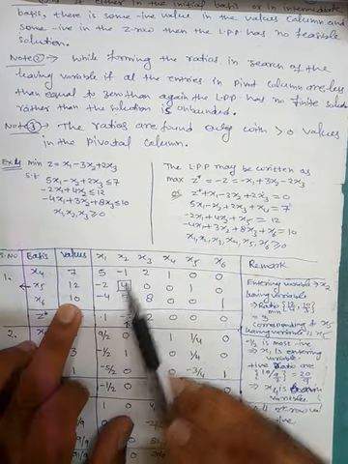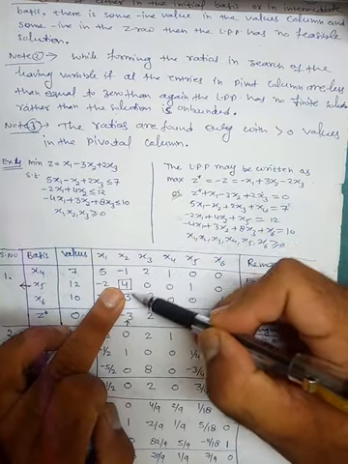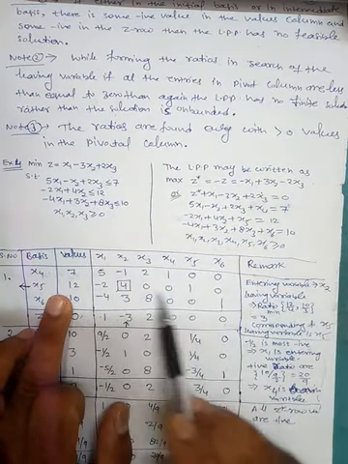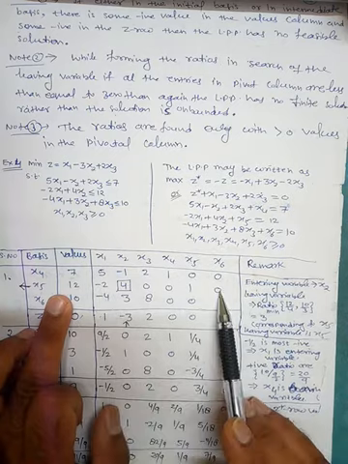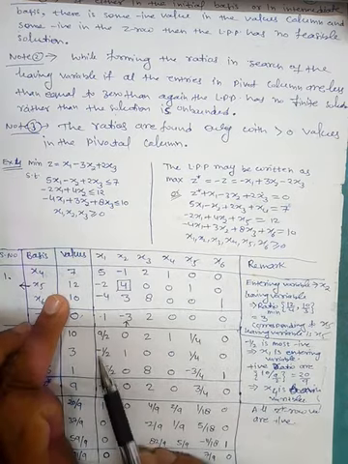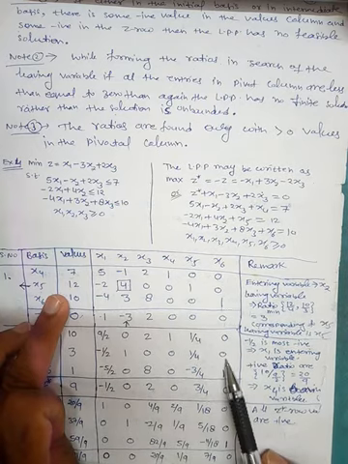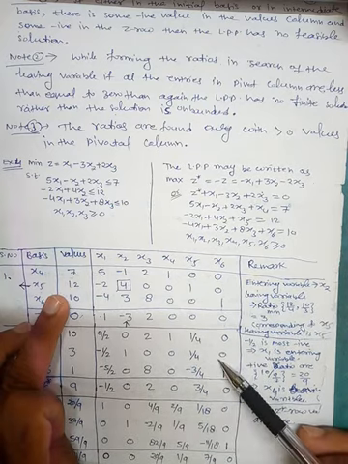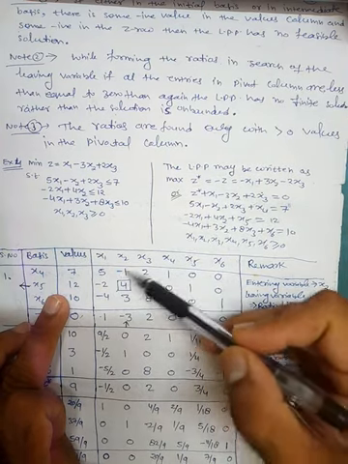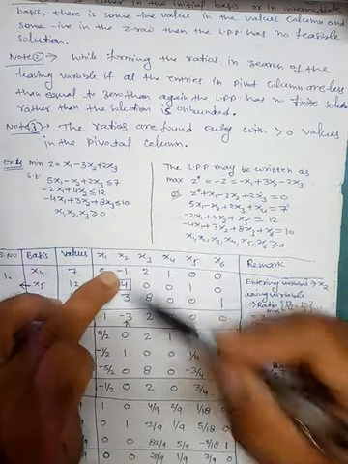Now here we should have a 1 and the rest of the entries in this column should be 0, 0, 0. So how to do that? Just divide the second row by 4. So we have 3, minus half, 1, 0, 0, 1 by 4 and 0. So this is our second row. Now with the help of this we have to convert the others to 0, 0 and 0. So how will we get 0 here? Here is -1, here is 1.